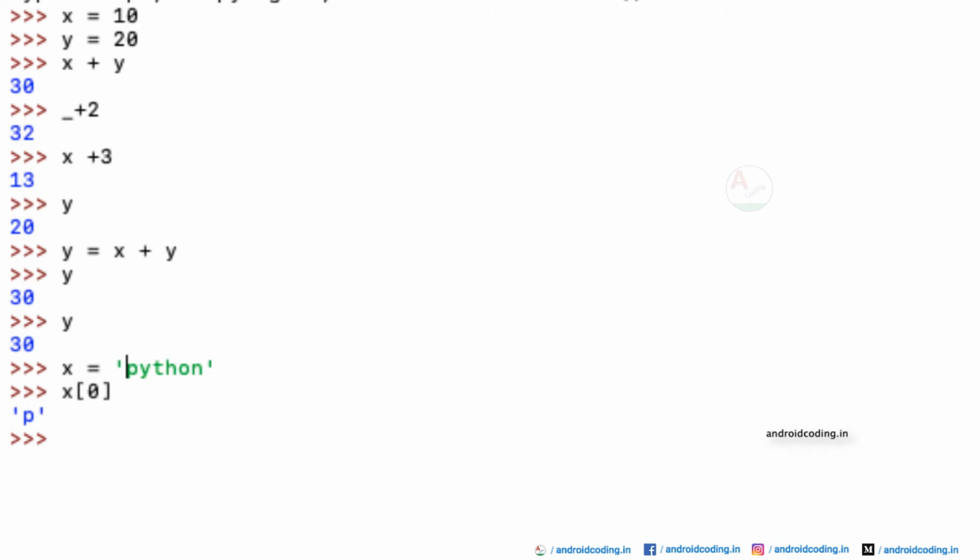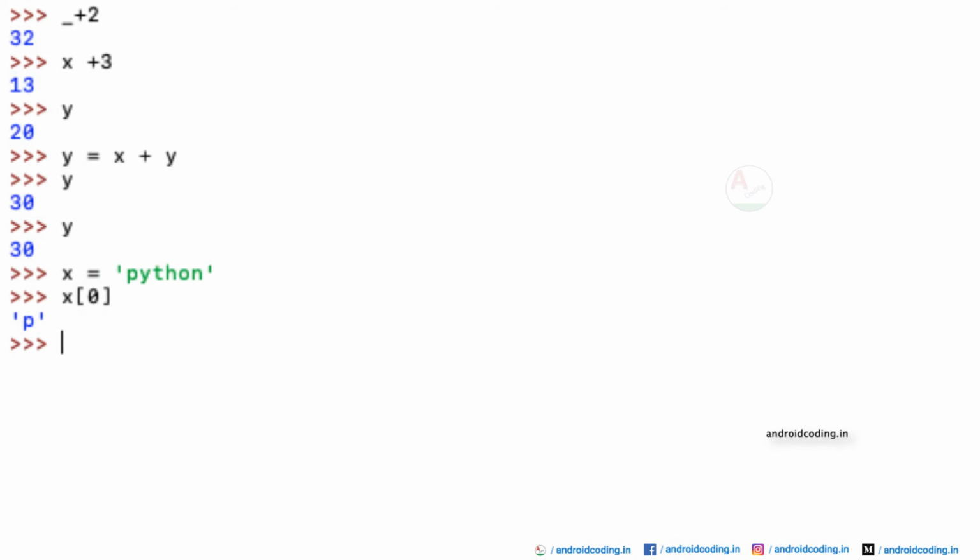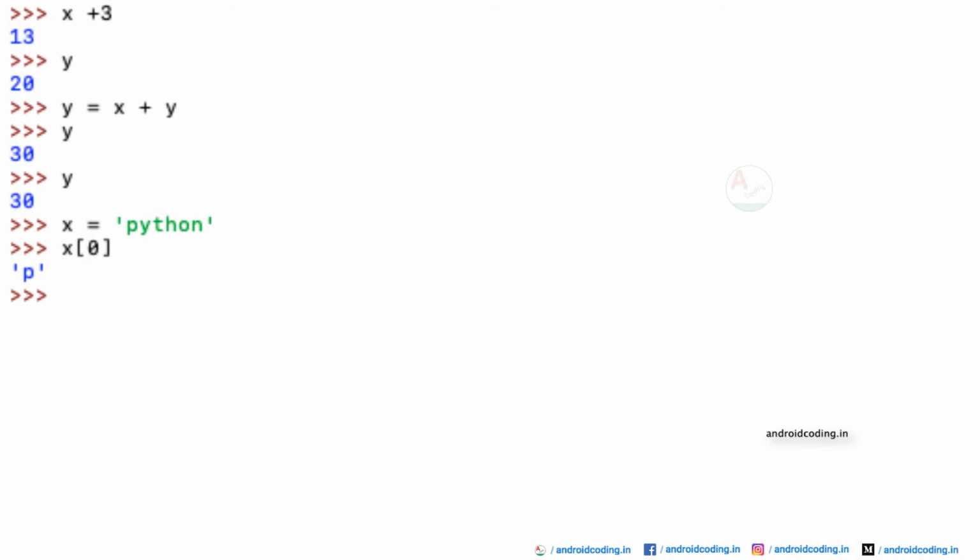Because when you use the index value, we have a total of 6 letters in the word Python, out of which 0 is the position of the letter P, and y is 1, t is 2, and so on. The n is 5 here. When you try to print x of 5, you will get the output as n.